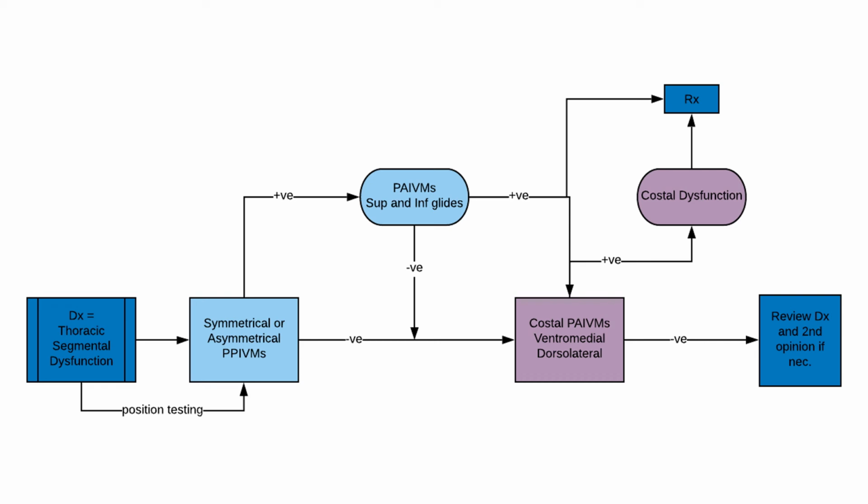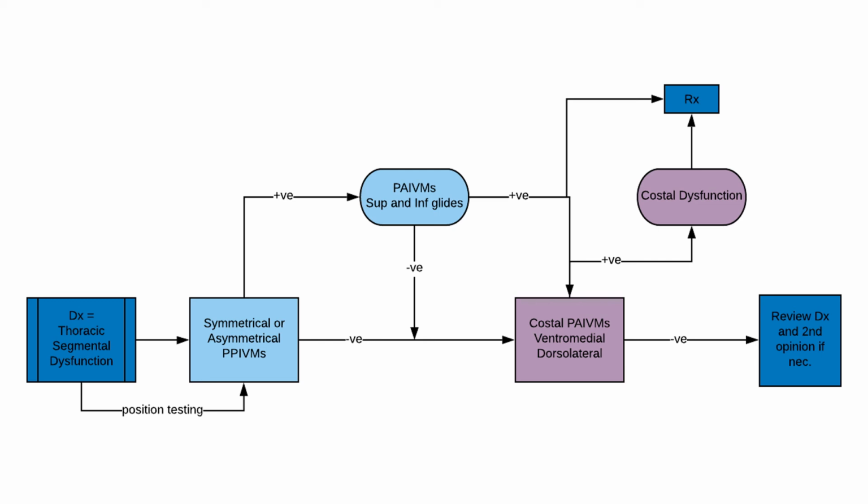Certainly, if the PAVMs are negative, and as they should be if the PPIVMs are negative, then you have to go to the costal joints. You've now probably got tone changes, if it's not scarring, which can be caused by the costal dysfunctions. So do your PAVMs here. I wouldn't worry too much about doing